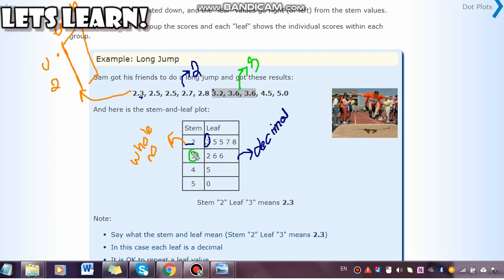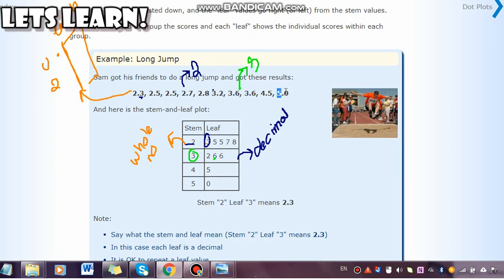So here we have 3, then 2 goes inside, then we have 3 here, 6 goes inside, then we have 3 here, 6 goes inside again. Then the next group is basically the 4, and we have only one number having 4 in the units place. So my other group is 4, and 4 goes outside in the stem part and 5 comes inside in the leaf part. There is only one leaf for the stem 4.